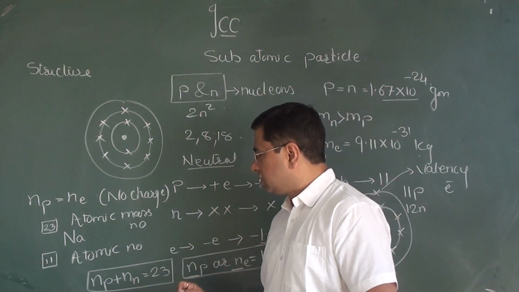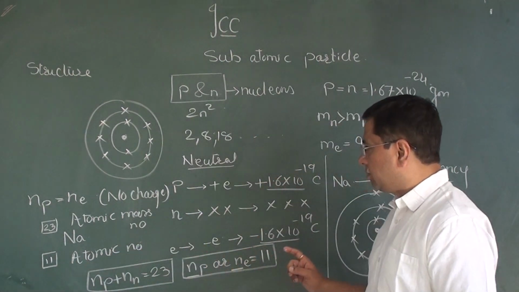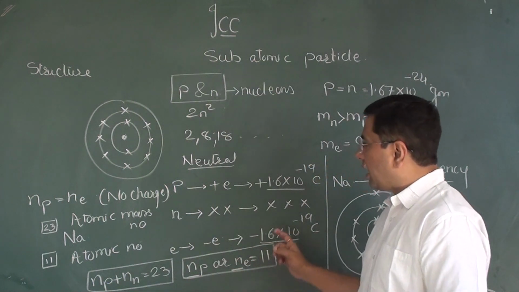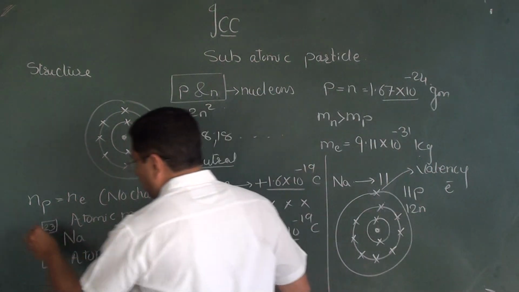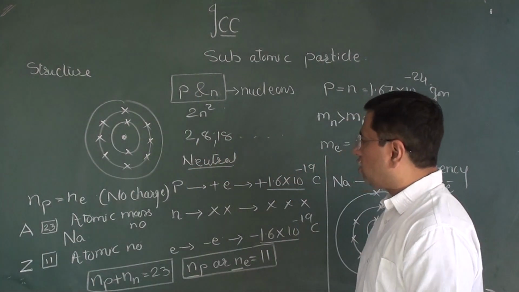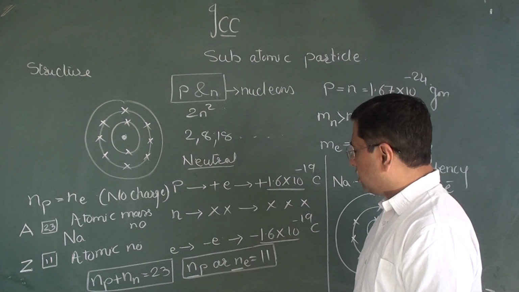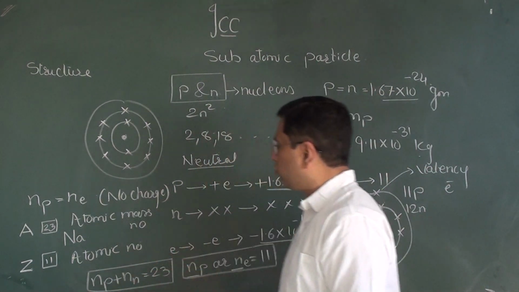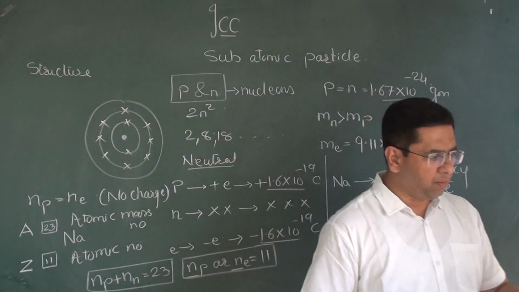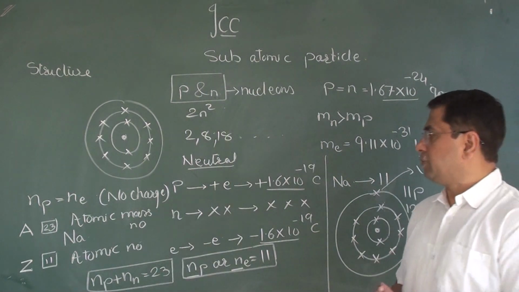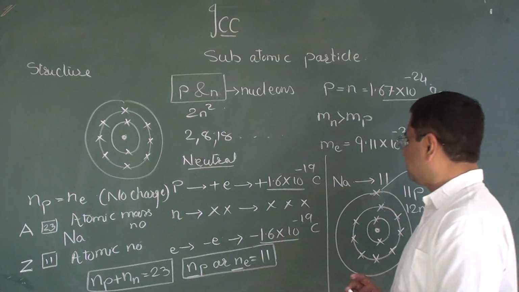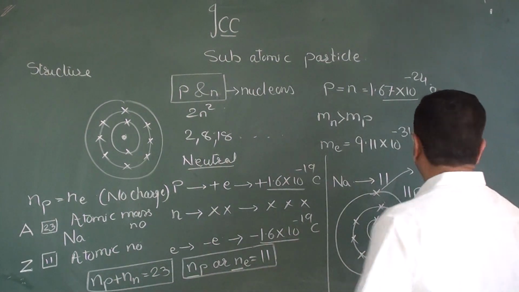So what I understand from this is atomic number is nothing but the number of protons or number of electrons, and atomic mass number, these are the symbols which we use, and atomic mass number is nothing but the number of protons plus the number of neutrons. So these are the fundamental concepts which if you are familiar with, then there is absolutely no problem for you to understand some very, very interesting terms which we will be using time and again in this